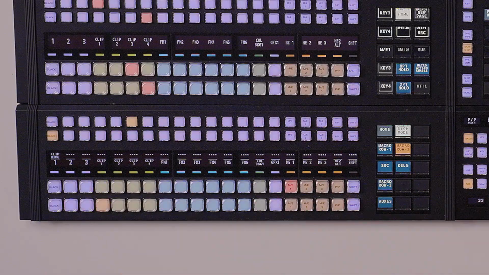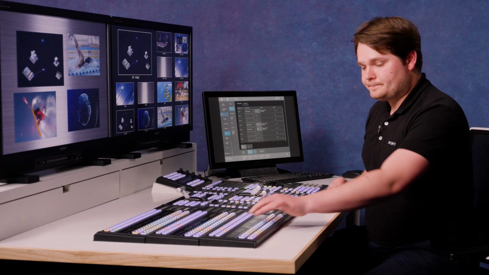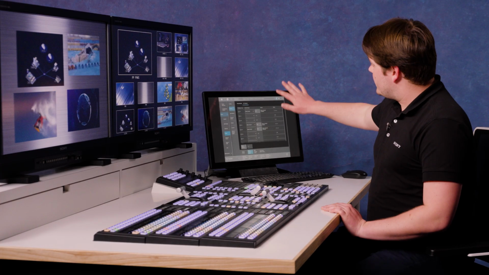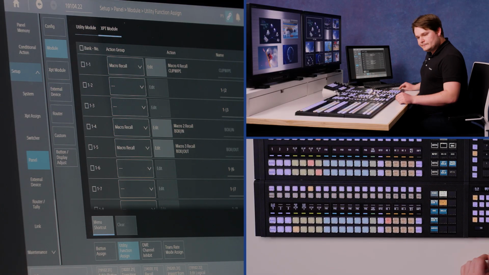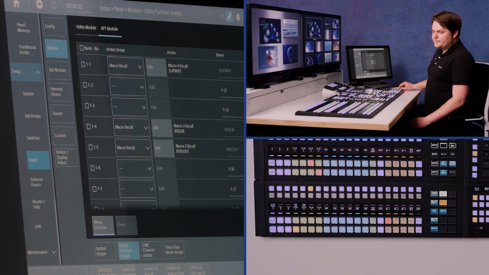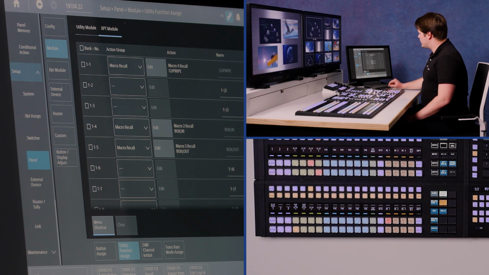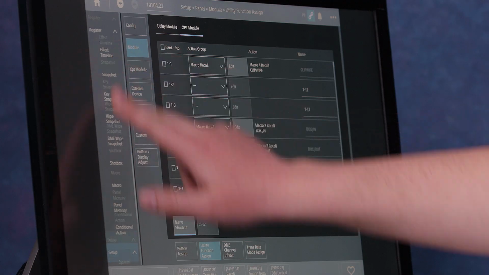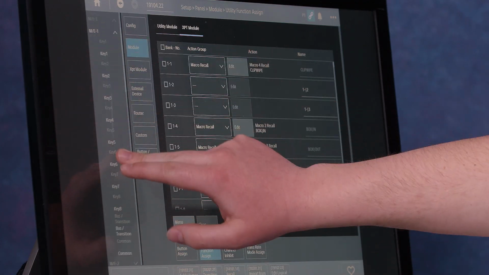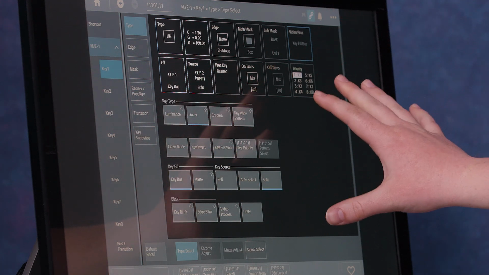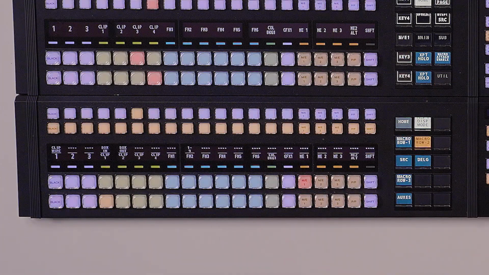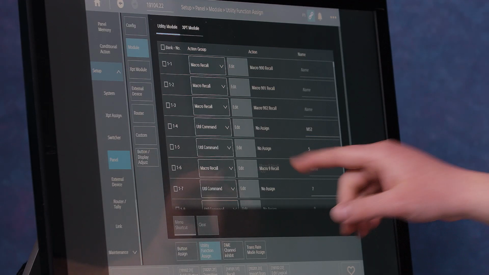Now, another useful thing we can do here is a menu shortcut, and that means any one of these buttons can jump my linked menu to a particular page. If I turn on menu shortcut, you'll see a flashing on that row. That indicates we're ready to record a menu shortcut. So if I navigated to a menu, let's say ME1 key 1, say I want some shortcuts to control my keys. I go to the menu I want and I hit a button. Now by default it'll just say 19 and take me back there. I can name that,